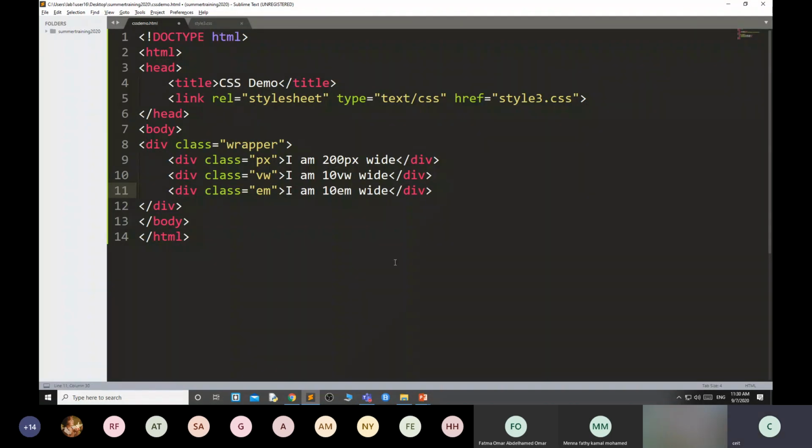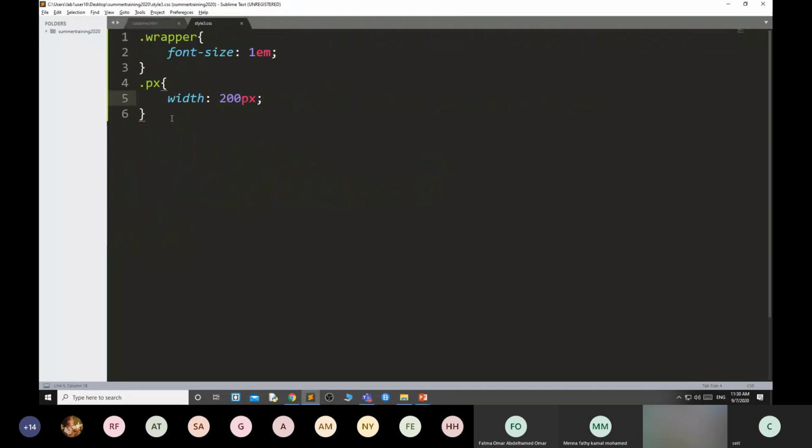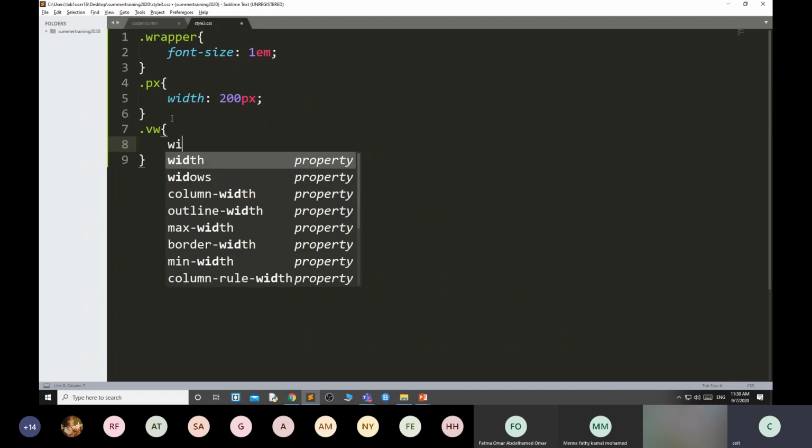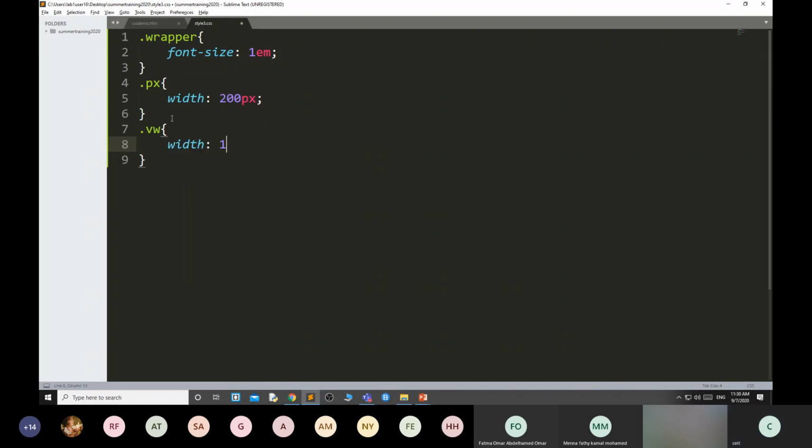In style I'm going to use .vw width 10 VW means relative to the parent.